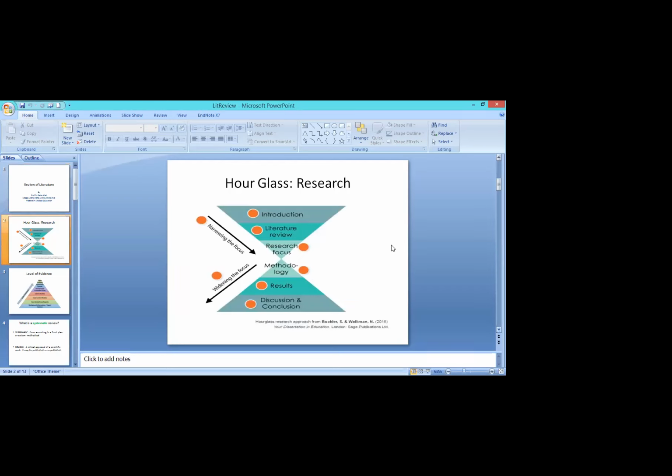So what is research? We have this hourglass, and the citation is here by Bakir and Veliman in 2016. They have given the hourglass approach. What is an hourglass? It has a very broad start, and then it tapers almost in the middle, and after this tapering, we again have a very wide base. So this broad start leading to the broad base is important in any part of the research.